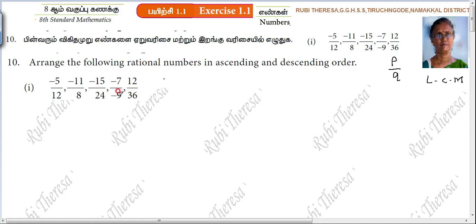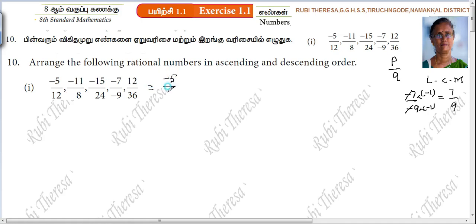The only thing you can do here is try to remove this minus symbol. Since both numerator and denominator are minus, minus 7 by minus 9, when it is multiplied by minus 1, what will you get? 7 by 9. Many students do cancel. No, actually that is not the correct procedure. The correct procedure is that if it is multiplied by minus 1, then you will get 7 by 9. But it is understood, so we are doing it like that. Understand? So what are the numbers here?